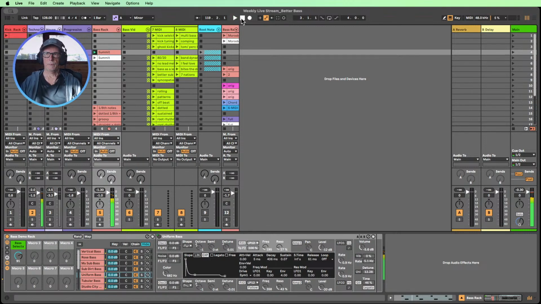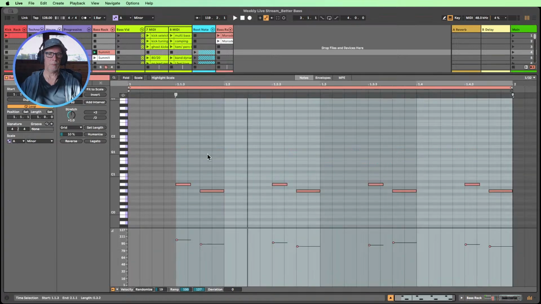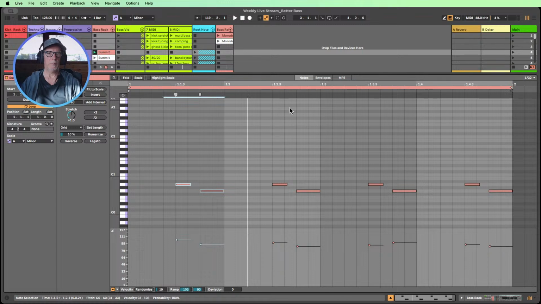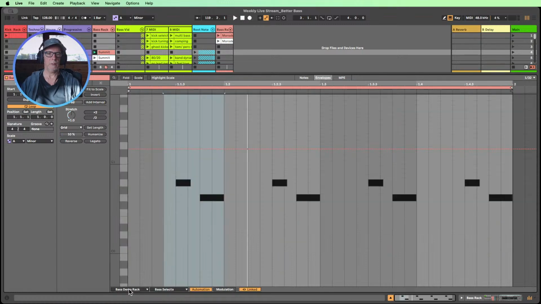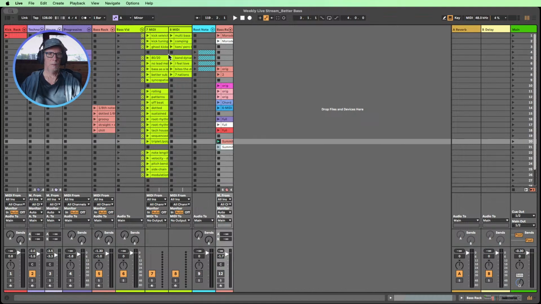Right, so that's John Summit. How to get a rolling bass that's rolling, not just the notes, not just the velocity, which can make obviously all of that's very important, not just the pitches, but a bit of pitch bend. We can do it in here in the pitch bend section of the MIDI envelopes, and you can play around with the shapes. You can also use MPE to do this. But here's just a simple pitch bend, but again, with velocity, it's given that a lot more feeling than it had before. So let's bring John Summit clips over to our work that we've already done.